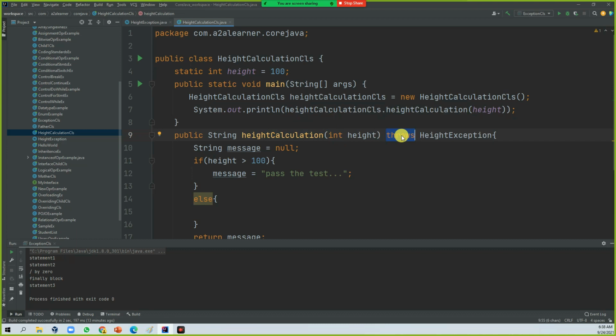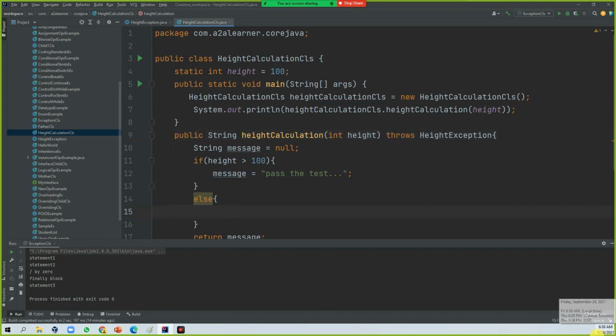So throws is mainly for when any exception is raised and you are not handling that exception, you are handing over to the caller. That caller is responsible to handle whatever the other method is throwing. So they should handle it. That is the main intention of throws. Another one is there, throw, which is similar, throw with an object. Usually with throws, the caller is going to deal with it, right?